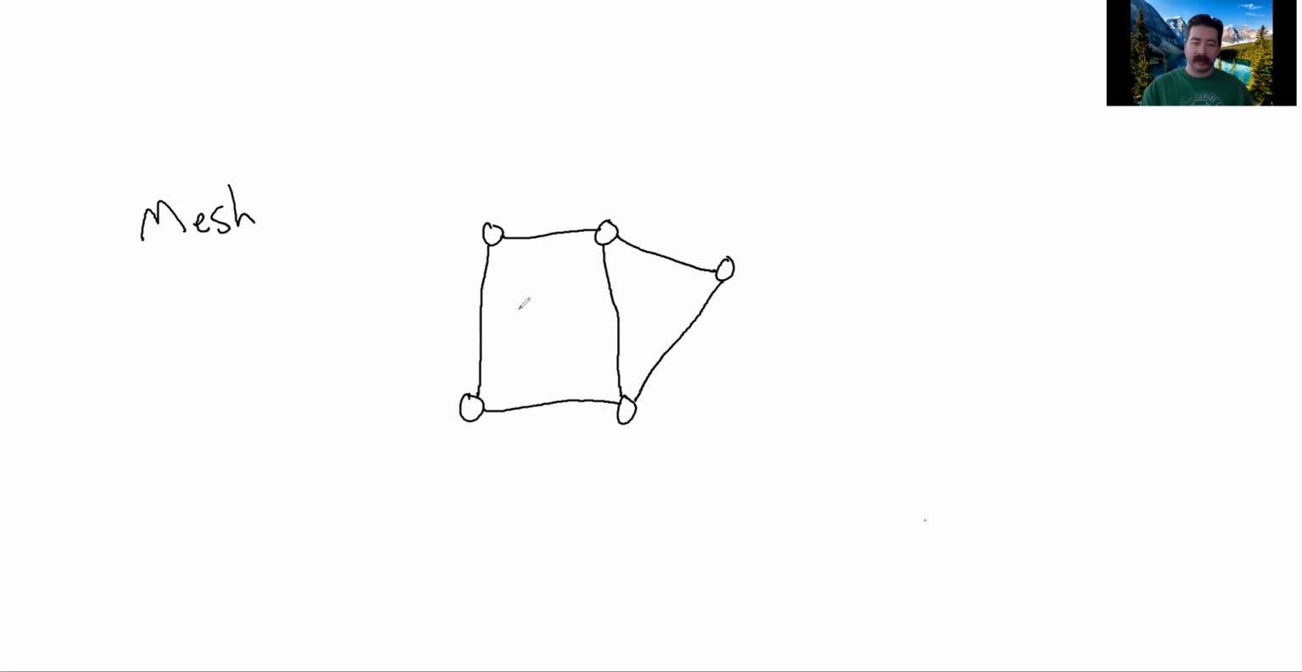Let's now look at the mesh topology. The mesh topology just means that amongst our hosts, we have multiple paths to multiple places. So for instance, if I do this, we have a pretty simple ring topology. And the ring topology could perhaps go either direction. But if we add an extra line, let's say here, and maybe one here, now we have multiple paths to